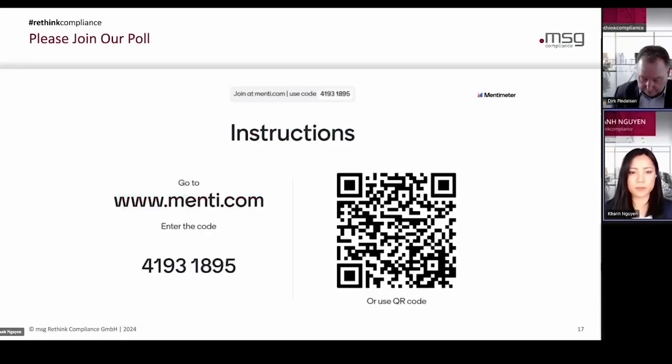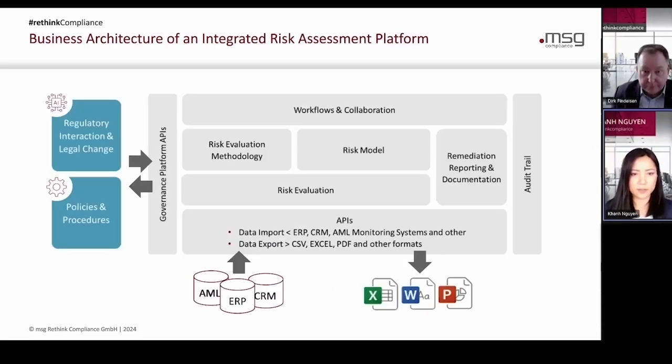So maybe we can have a look at the last overview of that topic. This is how we see the business architecture of a best practice integrated risk assessment platform. So it's not just having that platform with all the functionalities that you require, from building flexible risk models through automated risk evaluation.